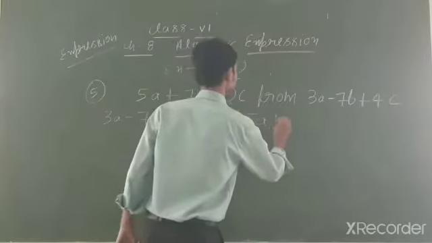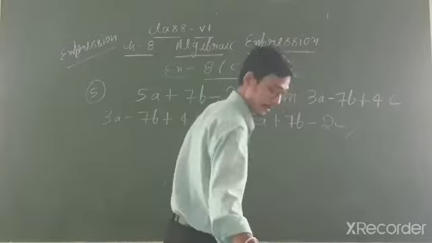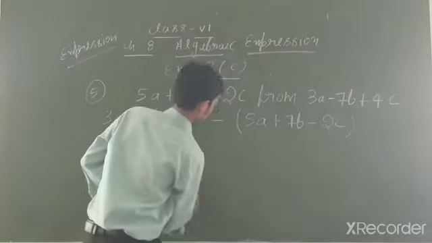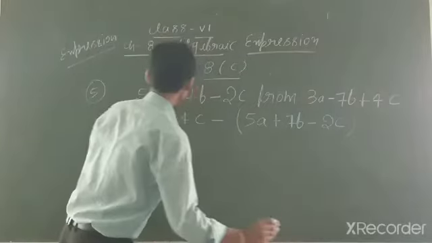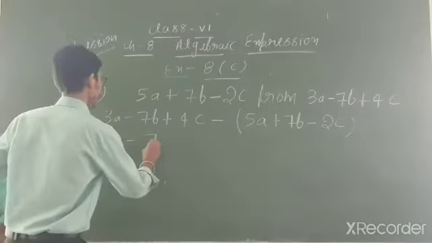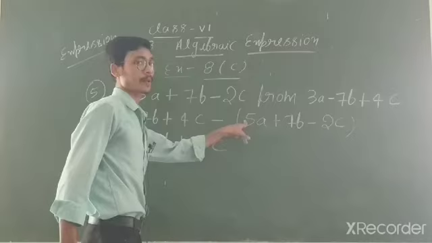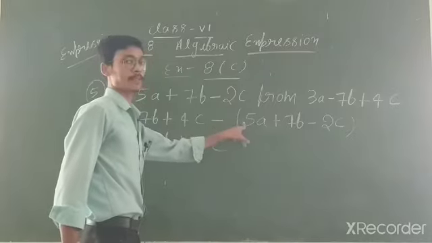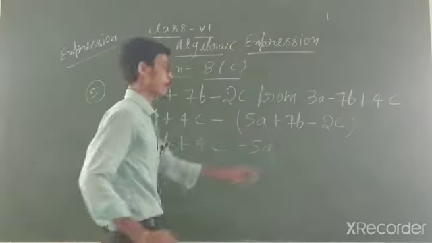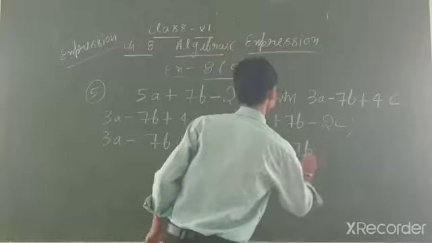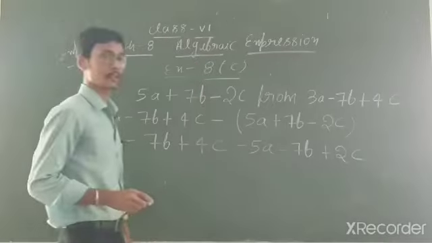5a plus 7b minus 2c. Clear? Now you have to solve this one. So solve it carefully, because minus sign is given. You have to see carefully. So you will write down 3a minus 7b plus 4c. Minus sign, this is minus, this is plus. You know that nothing is given, any plus sign is given. So minus plus what? Minus plus minus, that is -5a it will become. Then minus and plus, so minus plus minus, -7b. Then minus, student, plus, because I explained in integers, plus 2c.